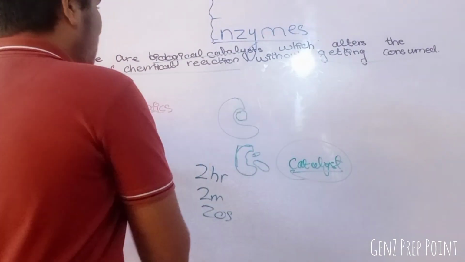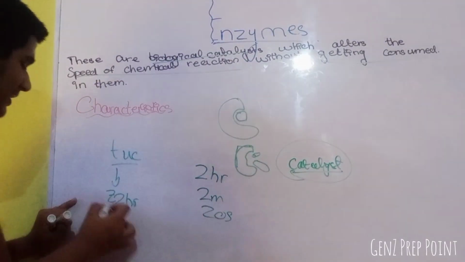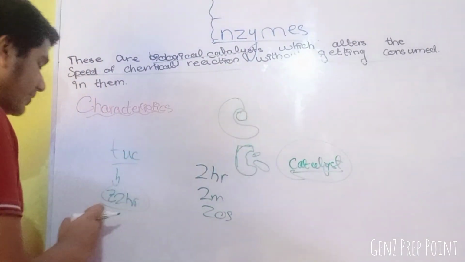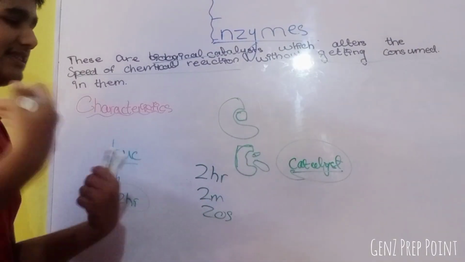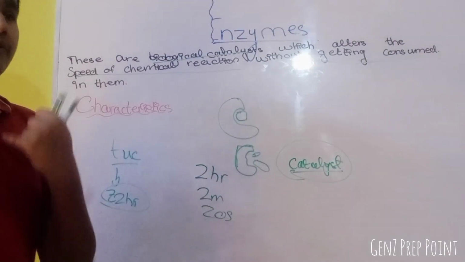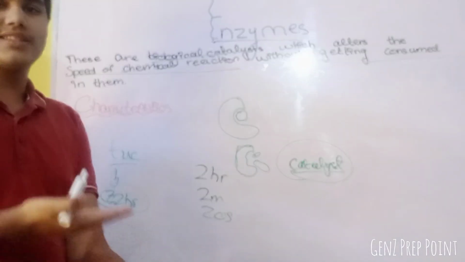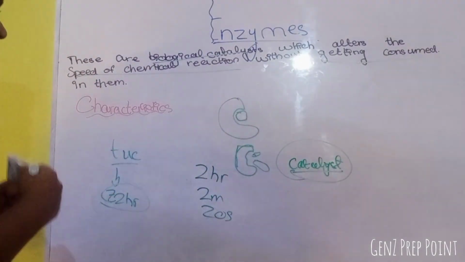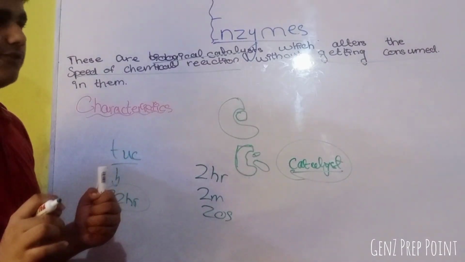It's also possible that without enzymes a body can survive, but to speed up those reactions, like if you eat, your body needs quickly the protein and diet. So you eat a tub biscuit, it needs quickly the protein, the carbohydrates, the energy, but it's taking 72 hours. How can that cell survive without food? So it's out of common sense that enzymes are really necessary for your body.